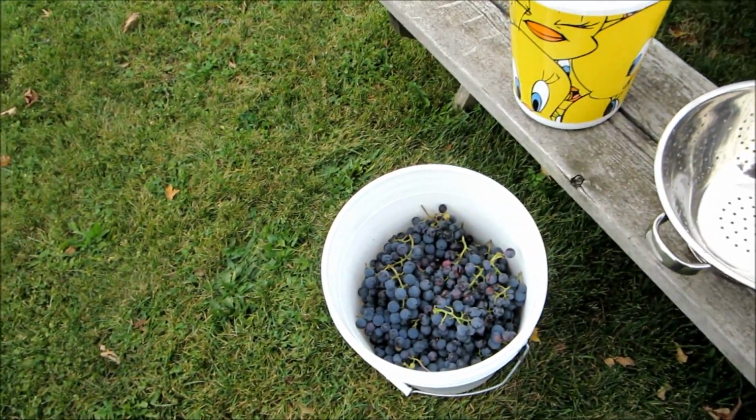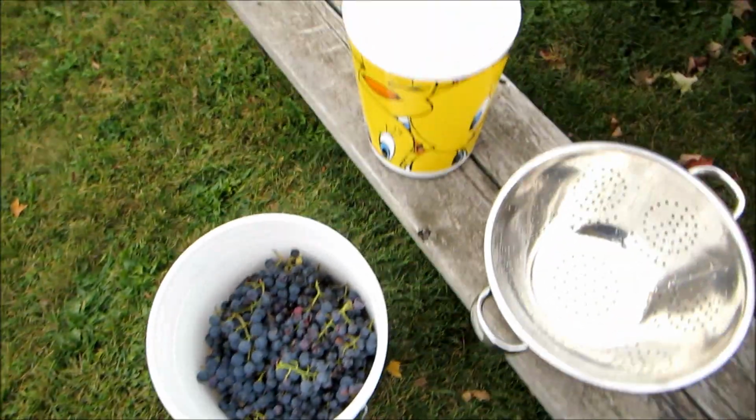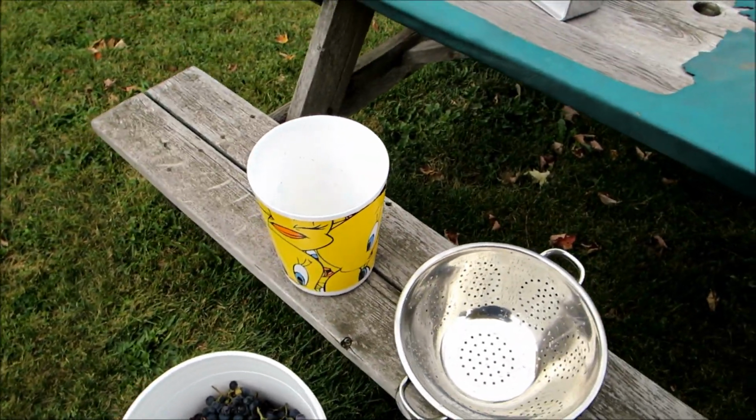So sort good grapes into the bowl, which is sterilized. Actually, that bucket was sterilized, and this is just waste. So